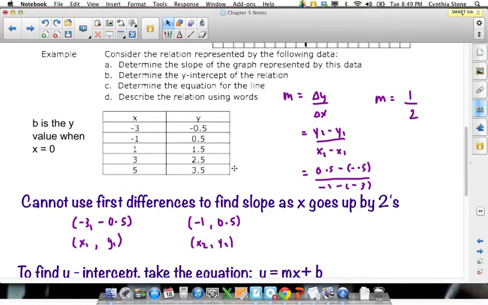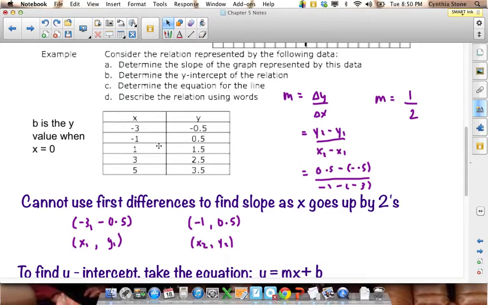Now, unfortunately, we can't just take it off of here because there is no x equals 0. I think the easiest way to answer this question for this particular set of data, though, is looking at the fact that if that's negative 1 and that's 1, 0 is right between those two. So the y-intercept, the b, would be the number exactly between 0.5 and 1.5. And that would be 1, right? That would be the number that's right in between. So that means that the b value is